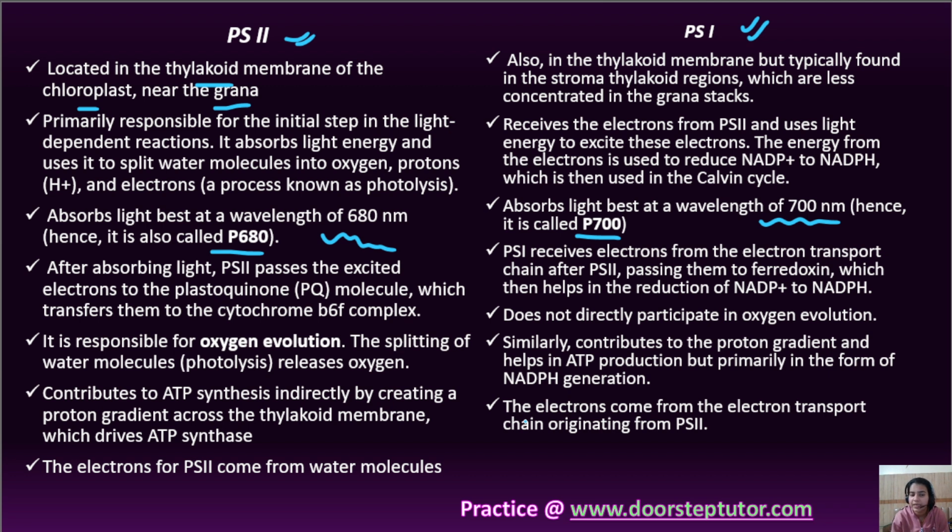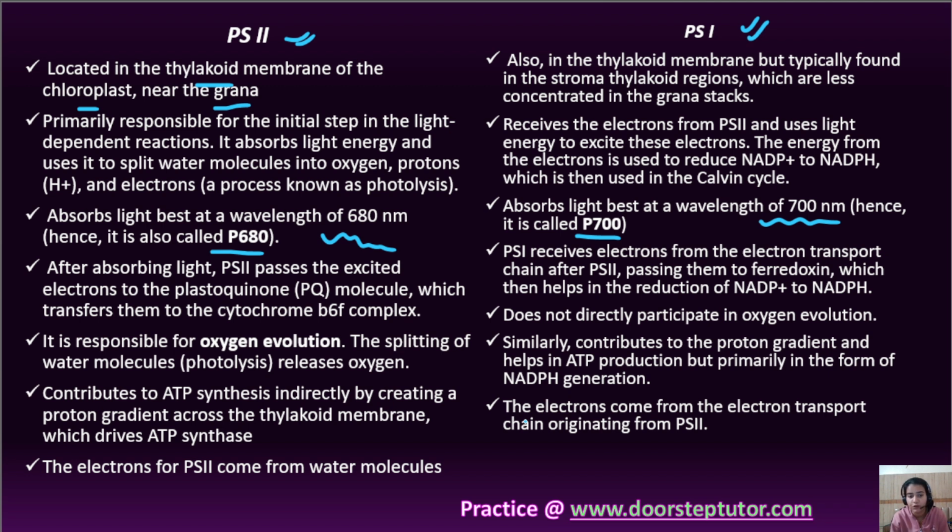PS2 is responsible for the oxygen evolution. Why? Because we know photolysis of water is done here. When water molecules are broken down, they release hydrogen, or we can say protons, and oxygen as well. So here oxygen evolution will be there, while in the case of PS1, it does not directly participate